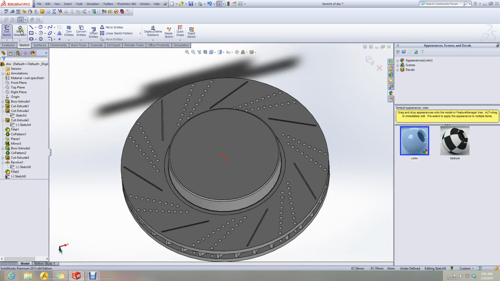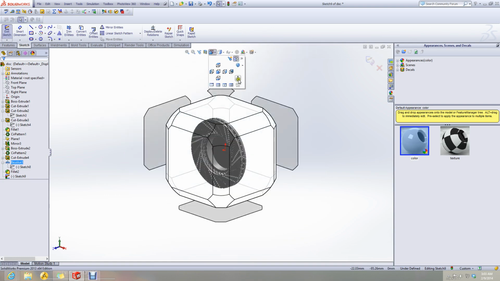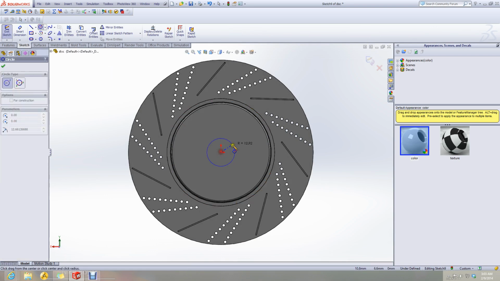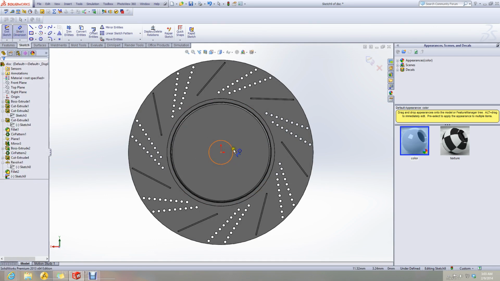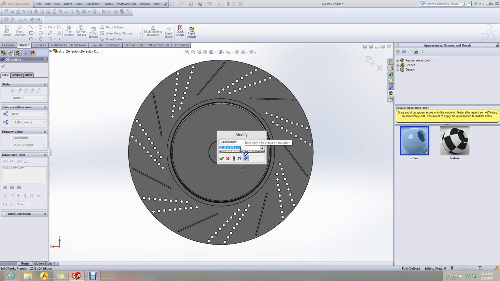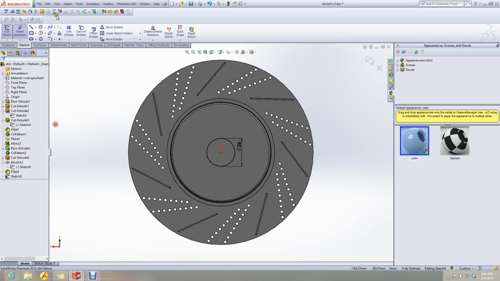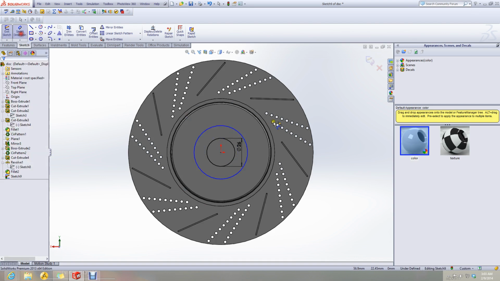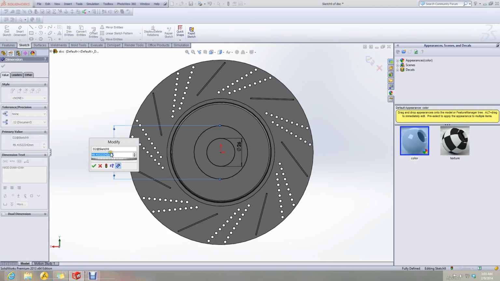Let's use the round off values. This is 26. The distance is 24. 24 into 2.